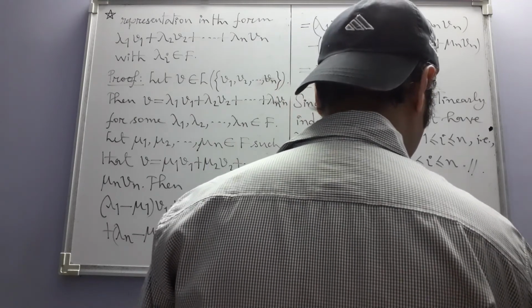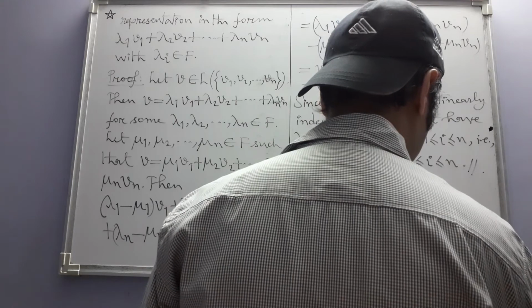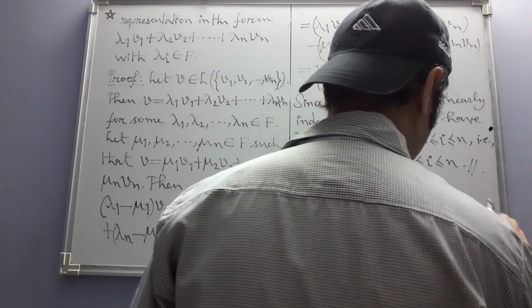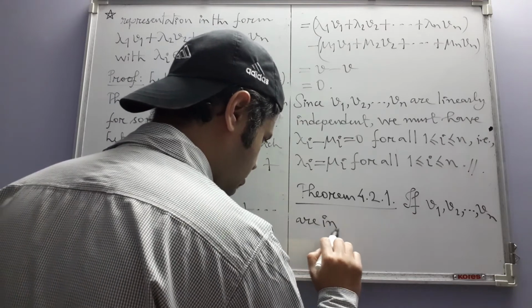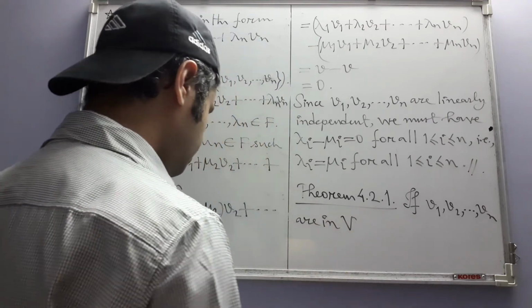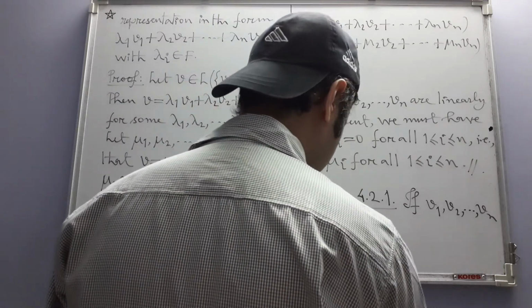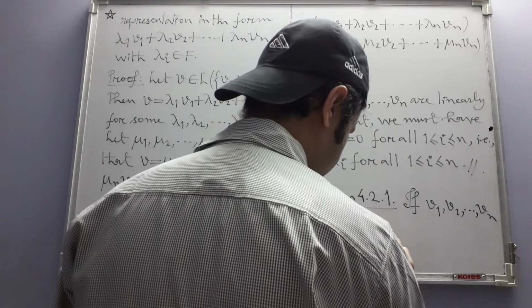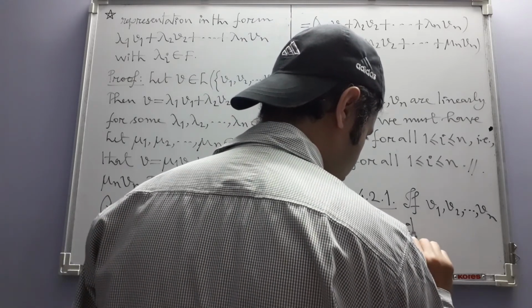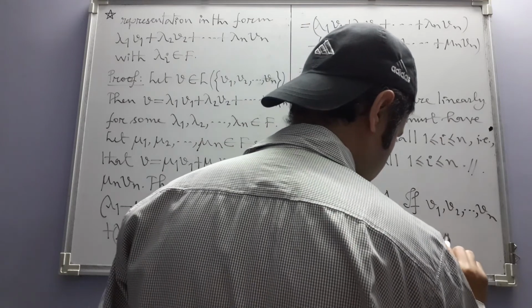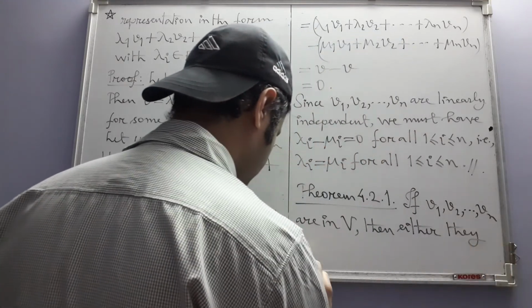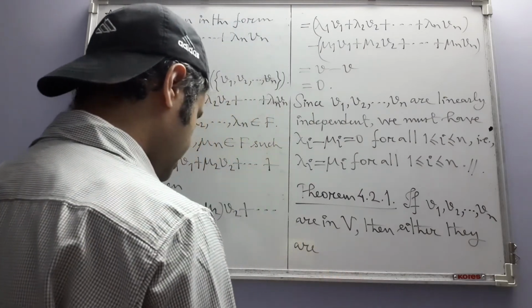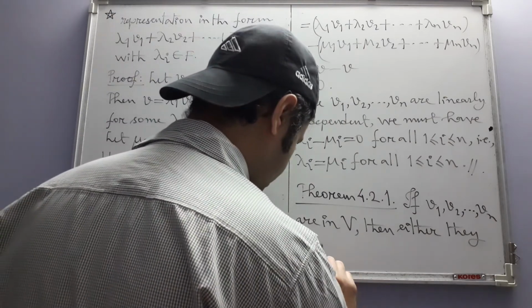If v1, v2, up to vn are in some vector space V, then either they are linearly independent